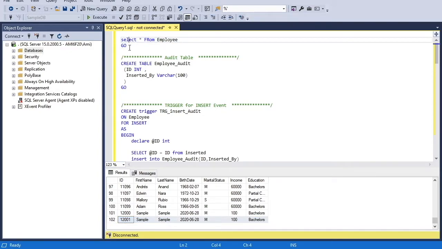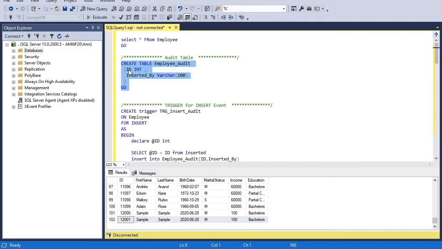Now what we want to do is track activity on this table. Whenever any insert statement is performed on this table, this action should be recorded: who executed it and what new record was inserted. For this I will create an audit table.